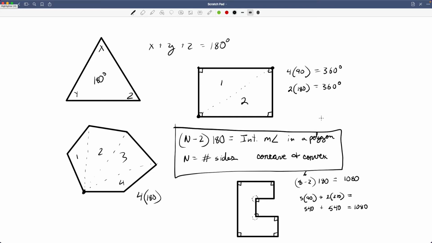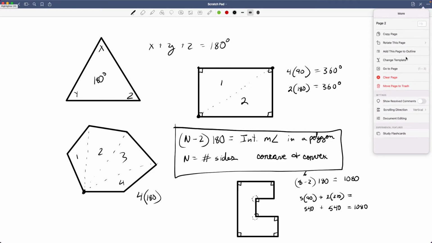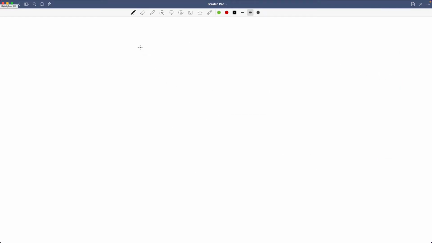All right, so let's talk about the exterior angles for just a moment. Let me clear this. So let's say we have another triangle. We know the interior measure is always going to be 180. What about the exterior measure? Well, you have 2 exterior angles at each vertex here. And you have,